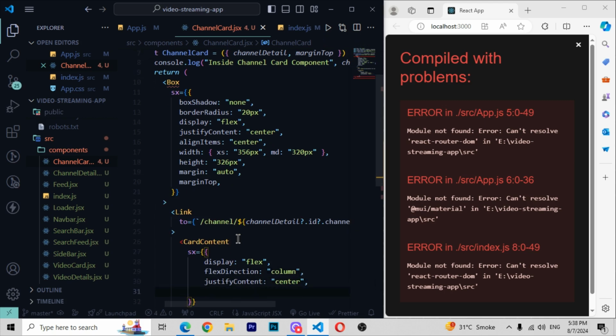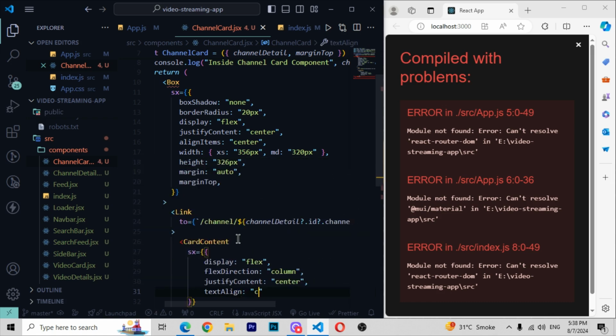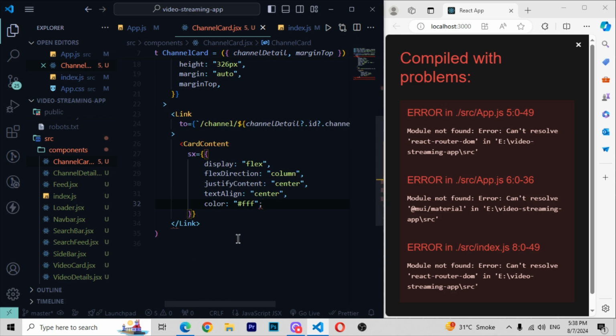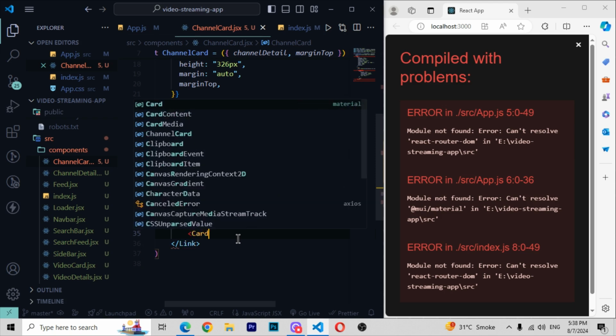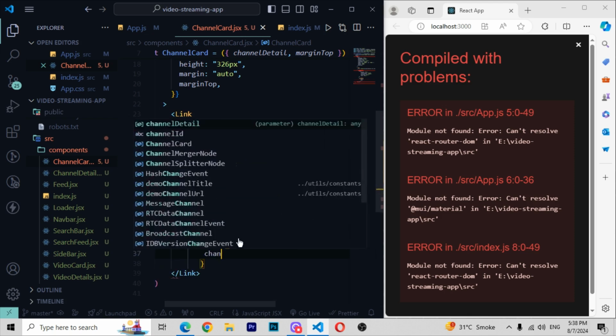Then here you have to write text align as center, and now you have to write the color of text which will be white. The color code of white is FFF, or you can write simply white as well if you want. Then comma, and here I will be moving down and creating another tag, which will be card media, and here I will be writing image equal to,